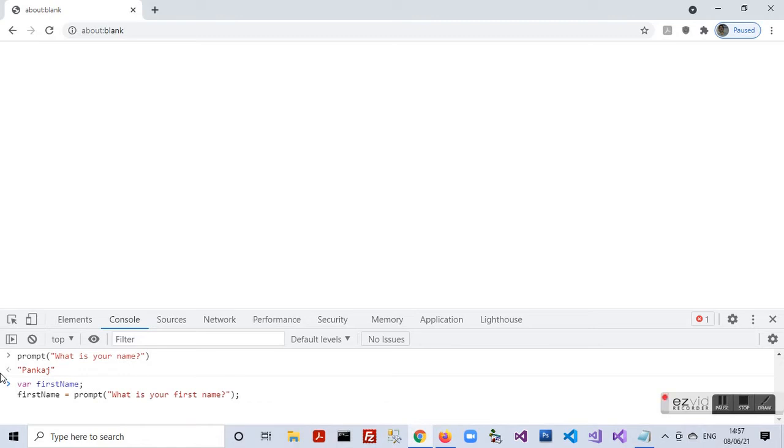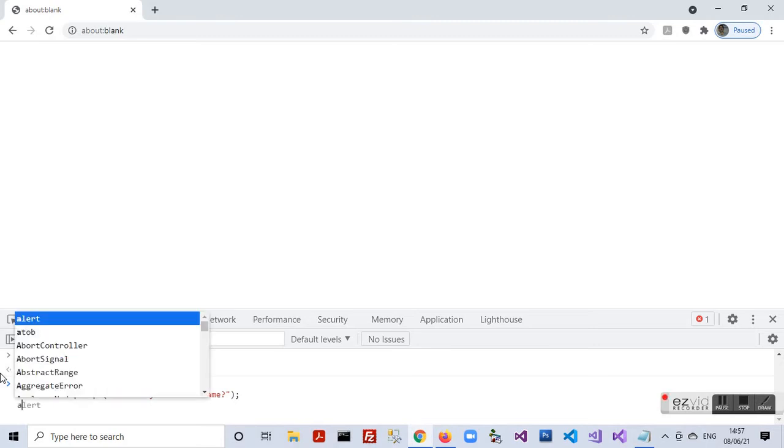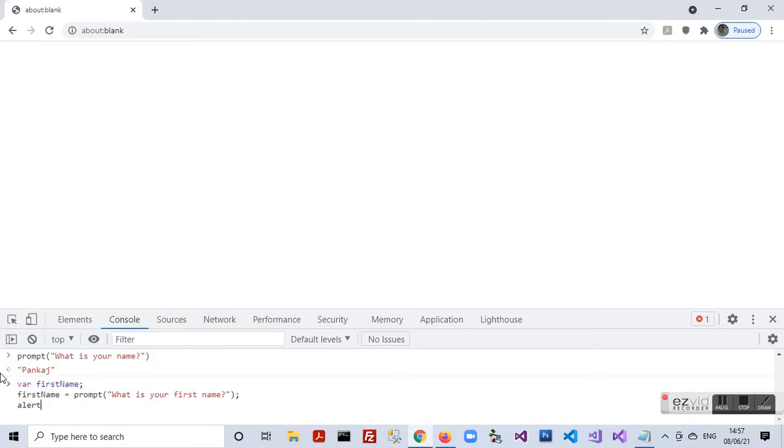Now we want to greet the person, and we know a pop-out message can be given by the alert command. So we type alert, and within the brackets we put in the greeting hello within double quotes plus firstName, and then we press enter.